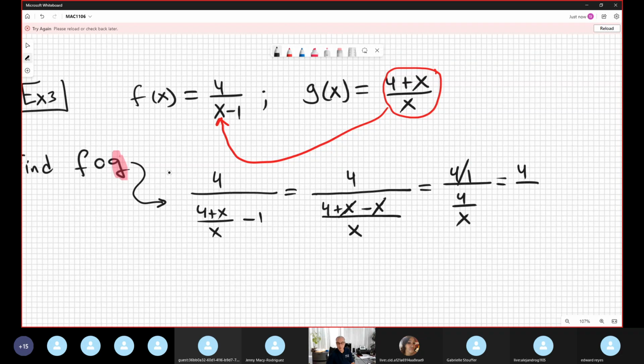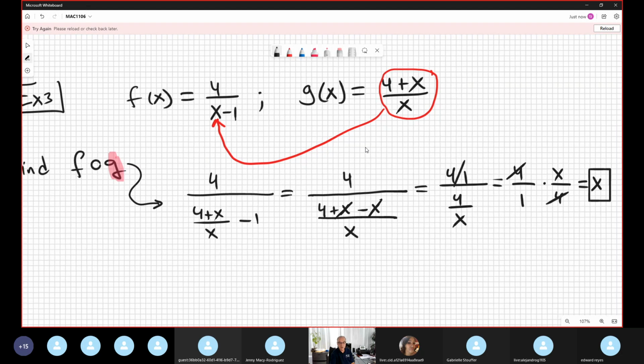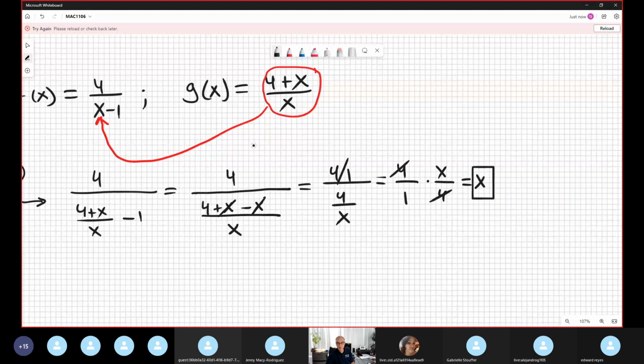Actually, this is the whole number 4. This is 4 over 1. Times, flip it, x over 4. And the 4 is cancelled. Wow. And you get x. And x, remember, in the table I provided you, is the identity function. Why is it the identity function? Because any function that is equal to x